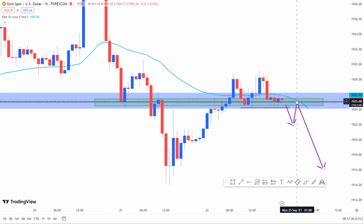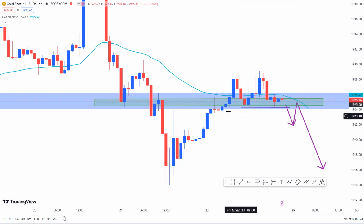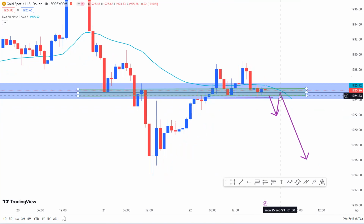So what we would be having is a nice retest of the 1 hourly time frame structure level from the downside, being a resistance level. And then also with the fact that our 50 exponential moving average would have caught up somewhere right about here, acting as a dynamic resistance also at that very level. And at that retest, once I have a nice rejection candlestick from the retest of the 1 hourly time frame structured level and the 1 hourly time frame 50 exponential moving average, a nice rejection or bearish momentum candlestick close would trigger my sell trades,